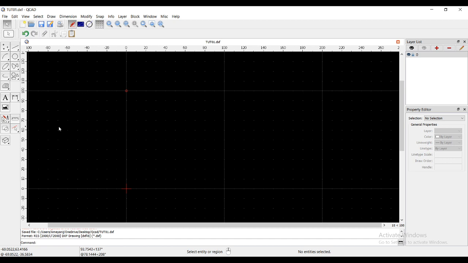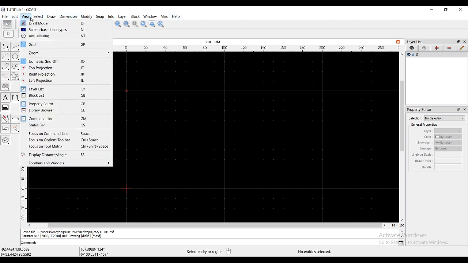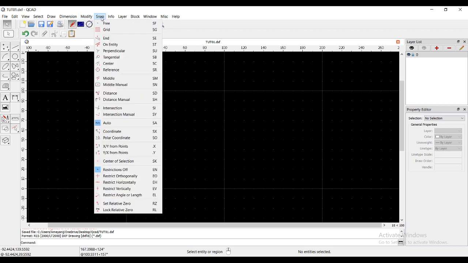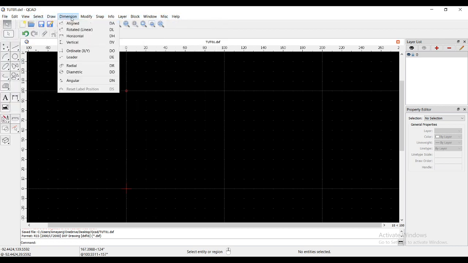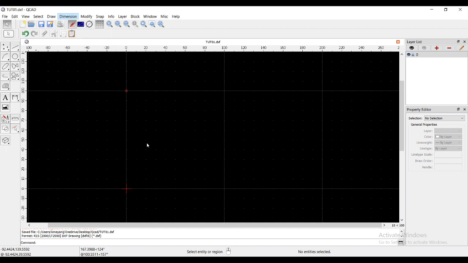Below that you have the menu bar. All the menu options are there, and every command will be listed in these menus. We will find some commands from the menu, and some from the buttons and shortcuts. It depends on the user how he is accessing different commands, but menus will basically have all the commands. Then you have some toolbars which are already there: standard toolbars, view tool, draw tool, modify tool.